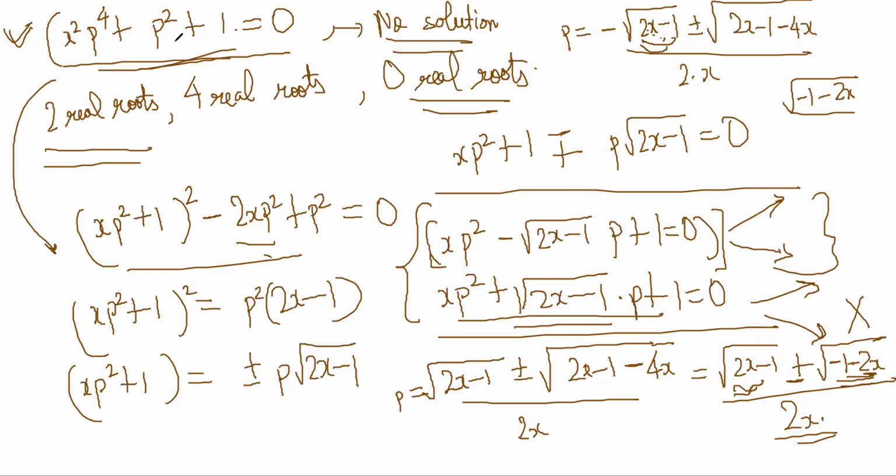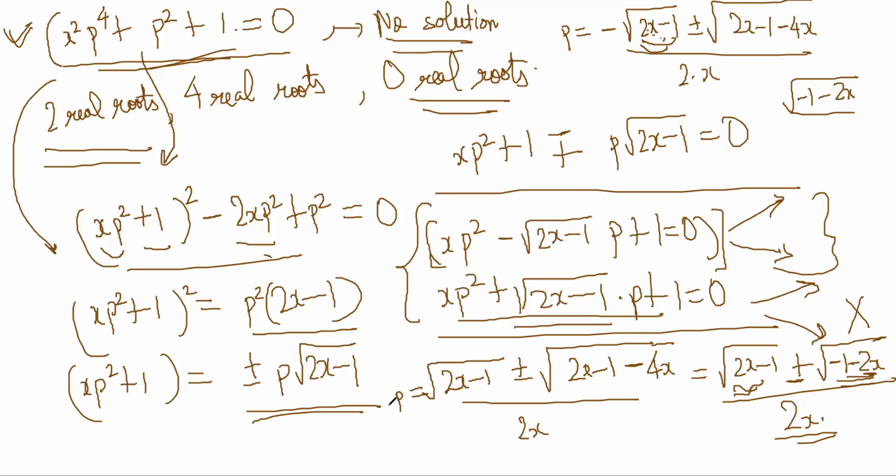So the way we proved it was we saw that this is becoming an equation in p, and we tried to solve that equation. We saw that x, p square plus 1 whole square minus this, so this should be equal to this. So the only possible roots are these, and then it became two quadratics. Both the quadratics seem to have zero real solutions, because no matter what you do, eventually one of the roots is becoming imaginary.